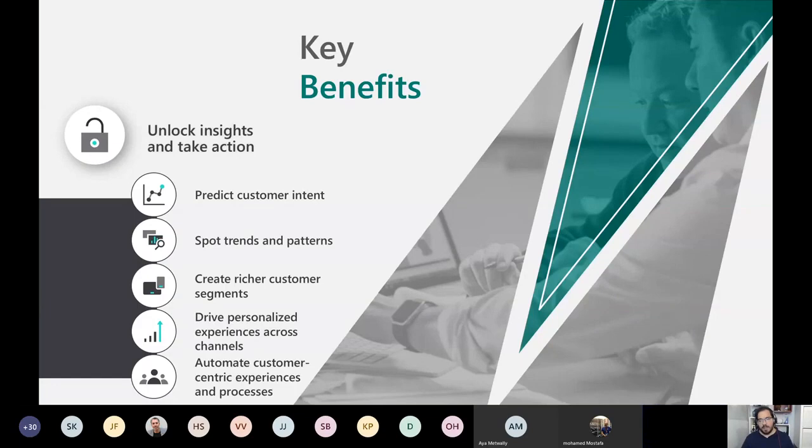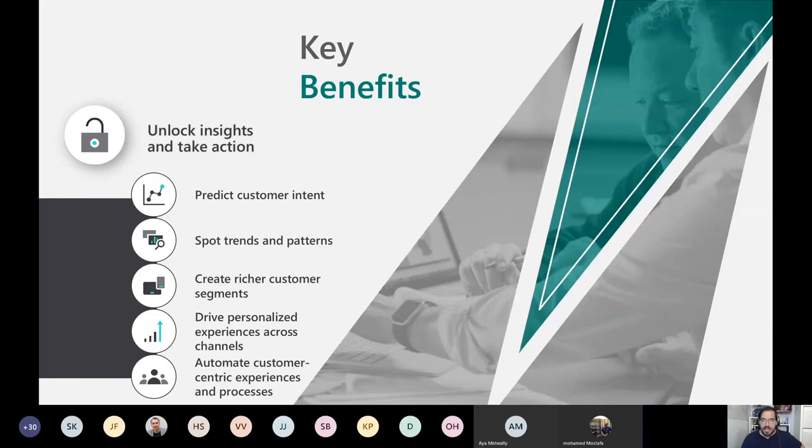We will be working the data to improve our business processes, to deliver better experiences for our customers through all the channels, and to automate all the customer-centric experiences and processes with, of course, Dynamics 365, but it's not a requirement,